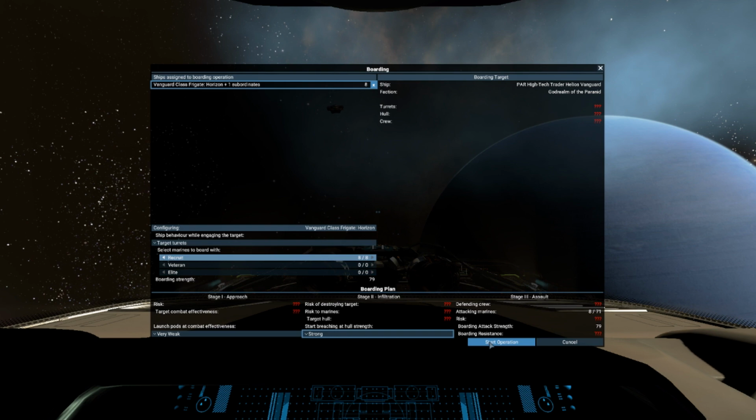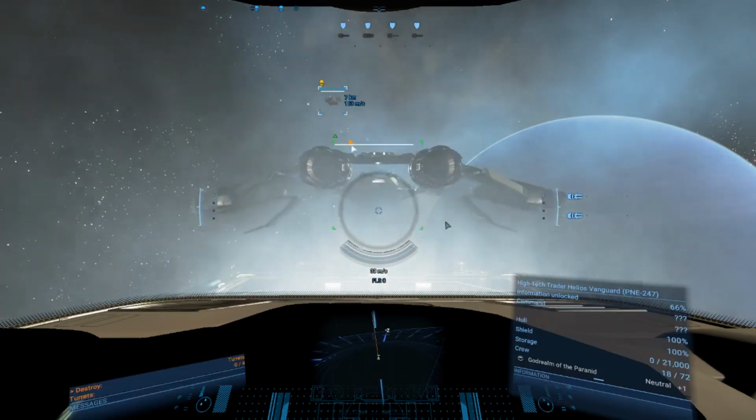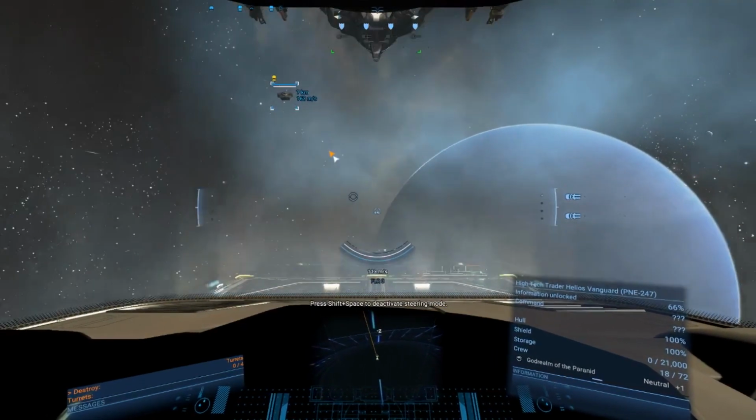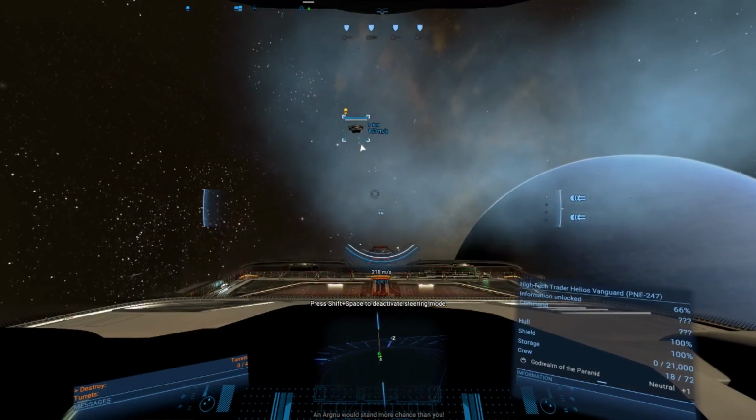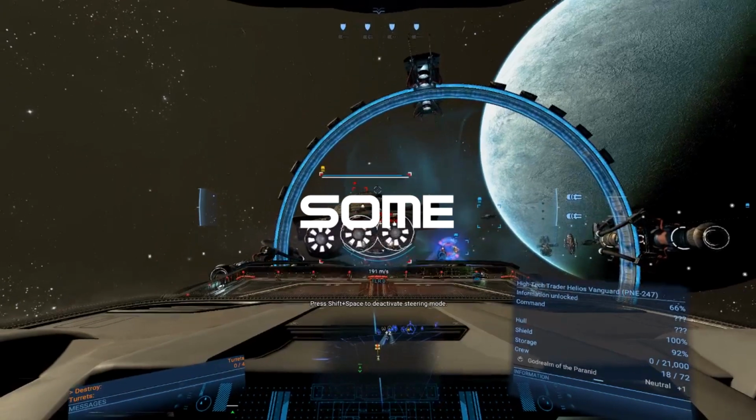Stage 3 is confirming your settings and beginning the assault. So once you feel everything is in place, select Start Operation. The boarding crew will now inform you of the steps as the operation begins. In the bottom left-hand corner, you will be told how much destruction you must issue in order to have the boarding pods launch. Take out the turrets and if need be, disable some of the engines to prevent the ship